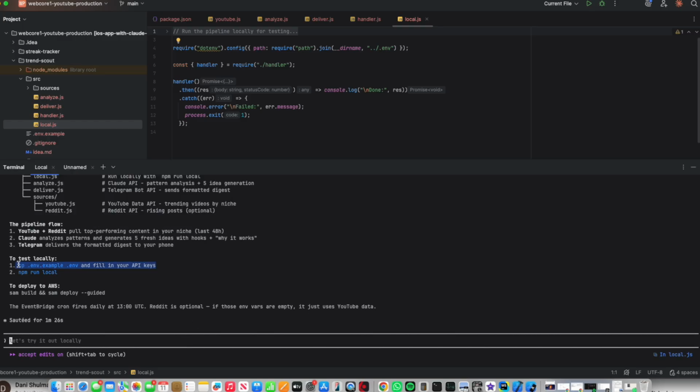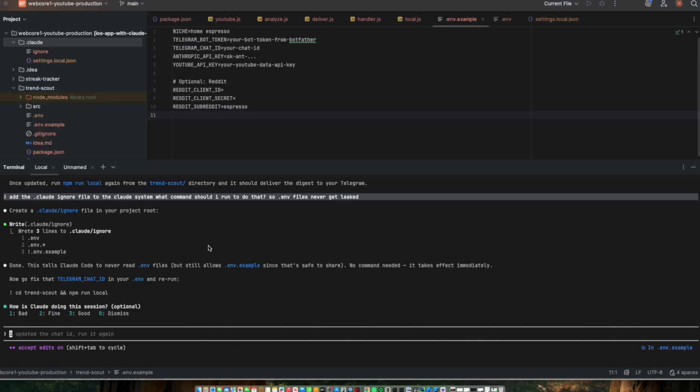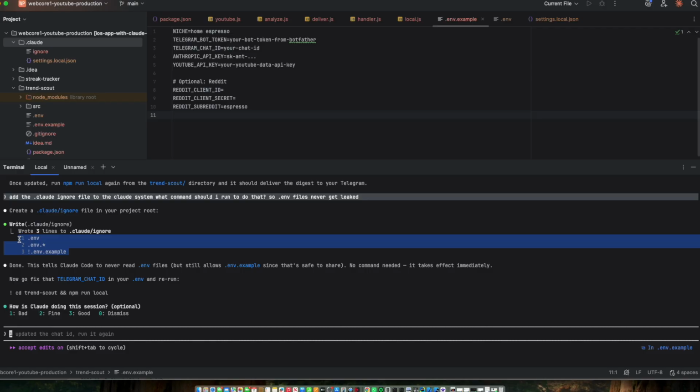UTC. What we're going to do is use a local environment file, which is called env, right? So this file will never be sent to our source control, like to Git. It will only live locally, and it should be ignored by our Git. And then when we deploy it, we'll run this command. Secrets from being ever leaked to Claude Code. What I did is I added an ignore file, and this goes on the system level of Claude Code, meaning that Claude is always going to ignore anything related to that env, not the examples.